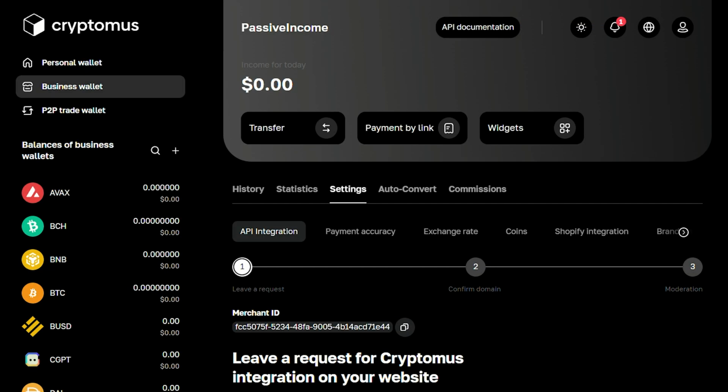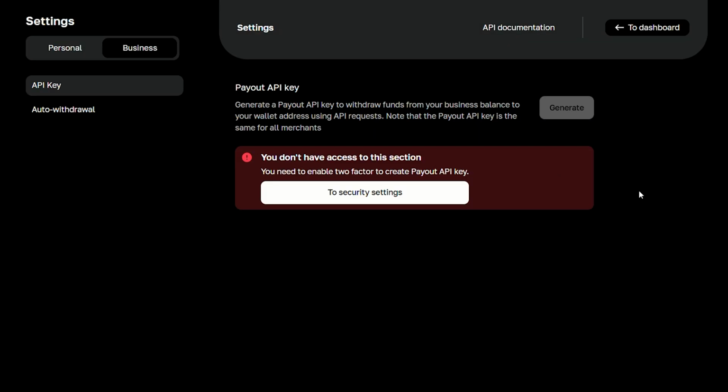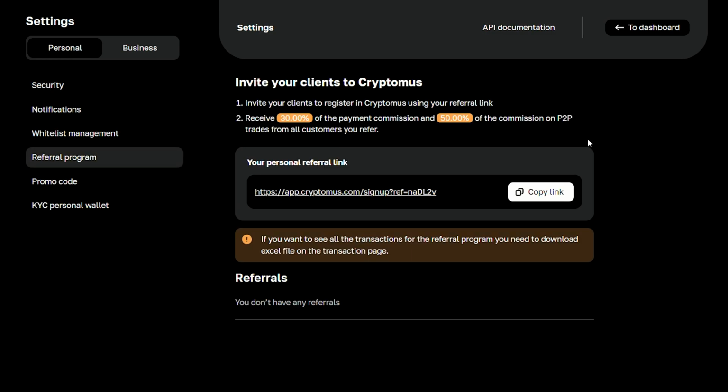Cryptomus offers a white-label crypto payment gateway that allows you to customize the payment processing experience with your website branding. You can upload your logo to replace Cryptomus's logo on the payment page, use your company domain name instead of Cryptomus's domain, and more, all without additional charges, aside from a 0.4% commission fee